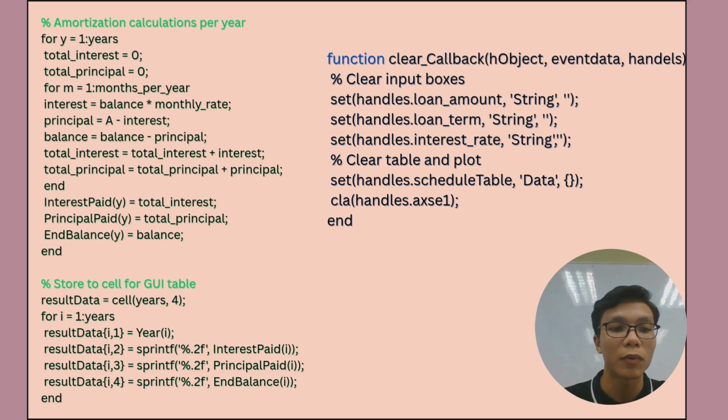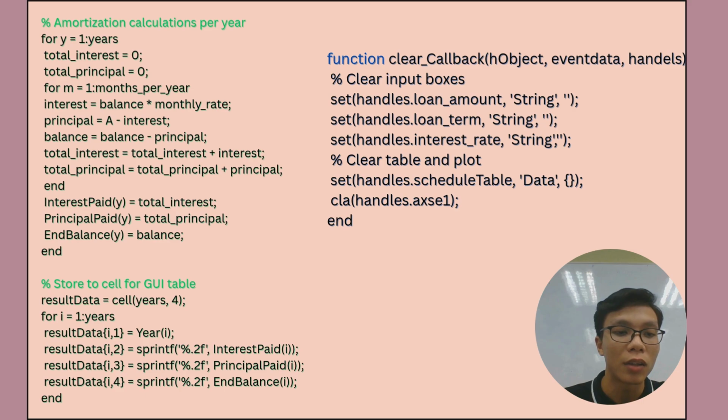The loan balance is updated by subtracting the principal. The total interest and total principal paid in each year are summed up and stored in arrays. After completing the calculations, the results, which include the year number, total interest paid, total principal paid, and the ending balance, are stored in a cell array format. This array is then used to populate a table on the GUI so the user can view the amortization schedule